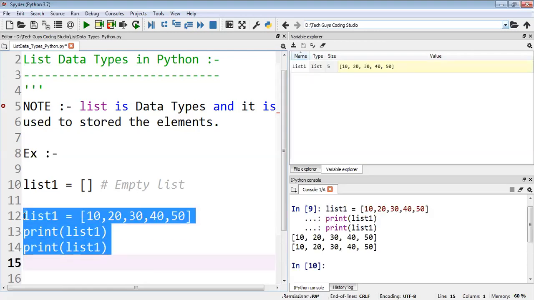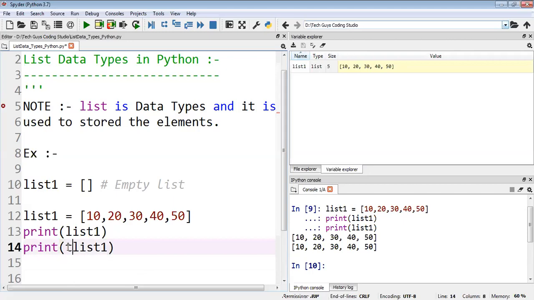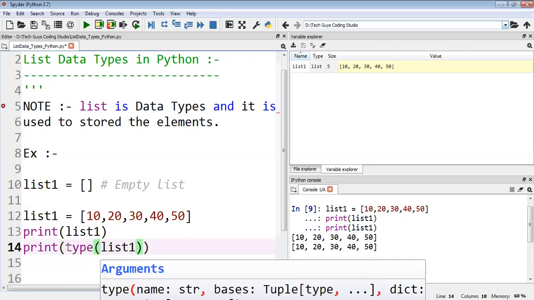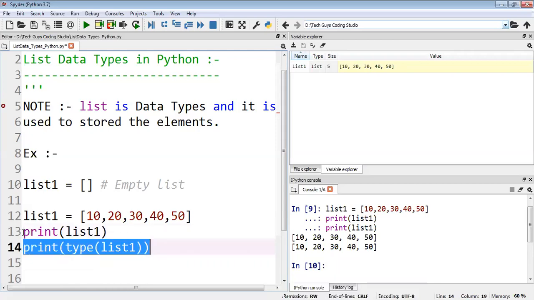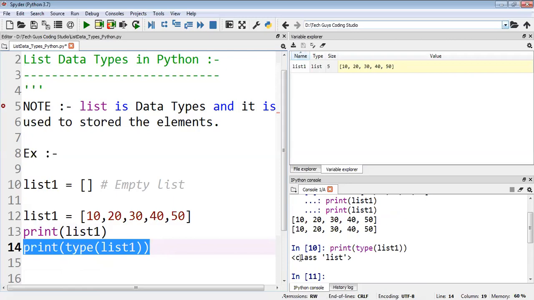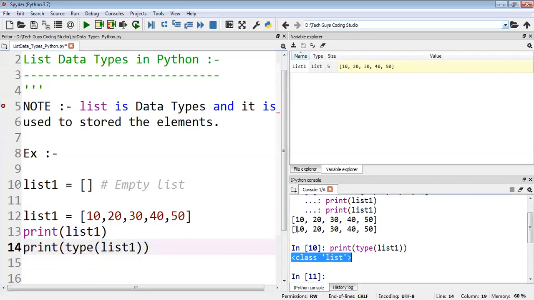See here, you can see. Here I need to check the type actually. Okay, so I got list. Here you just check the type is a list. Here we can see the list elements 10, 20, 30, 40, 50.